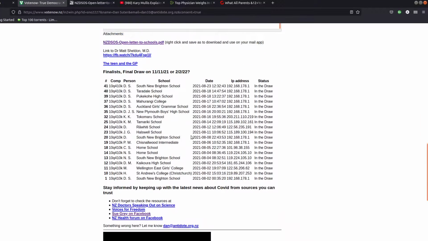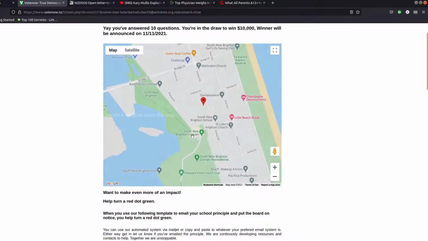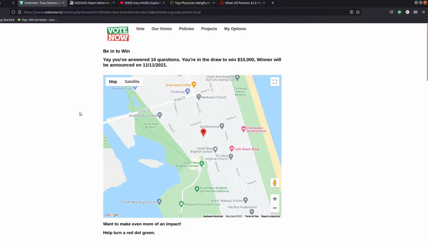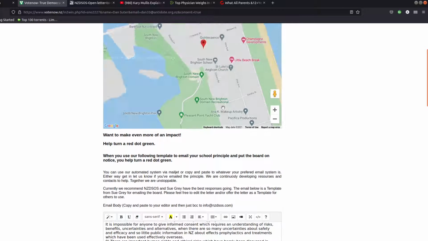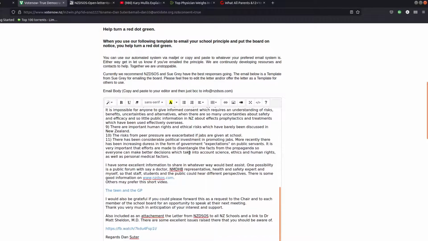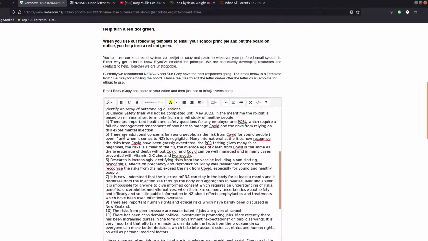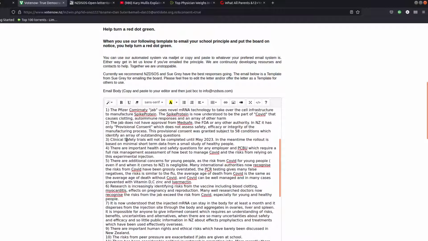And so that's the idea, is that if we get enough people, enough children in particular, getting informed consent, and then their parents maybe doing the same competition, and just putting more and more of these boards on notice about the risks. That's what it's all about. We know the risk of a child dying from COVID is 0.000, quite a few zeros percent, something like, I forget if it's 3 in 100,000 or 3 in a million, but it's very, very low,